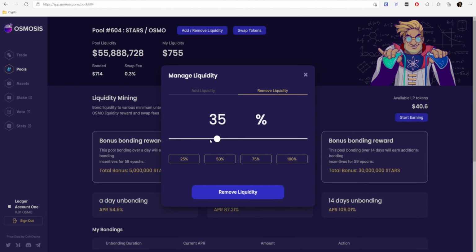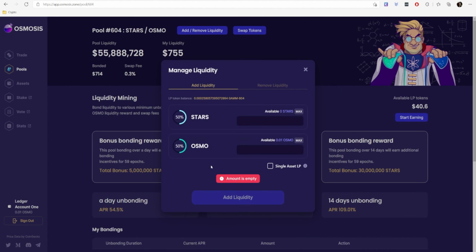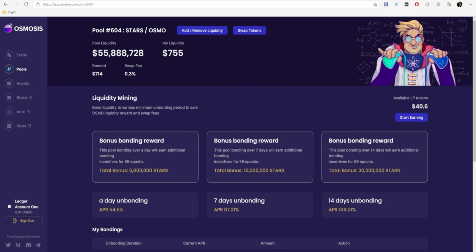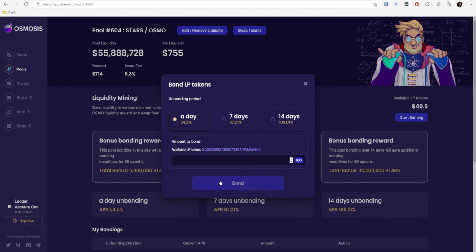So, you can see here that we have the ability to remove different percentages. This will work just off the available LP tokens, so you could take out a certain percentage of it. But because we're not going to be doing that, because I just want to delegate more, when it comes round to removing this, I will show you how all that works. So for the time being, I want to put the $40.6 to work, so I'm going to say start earning,